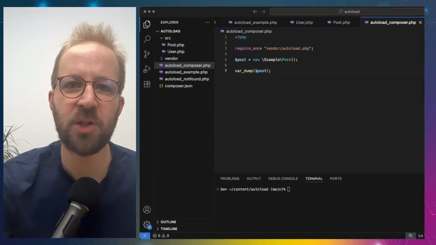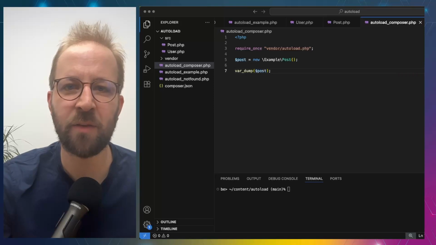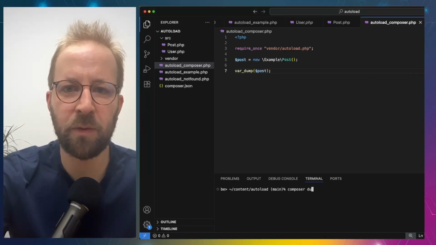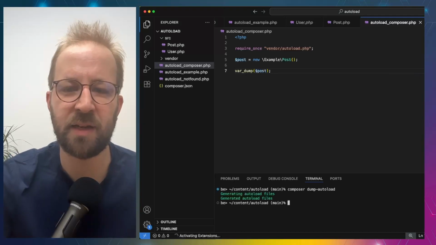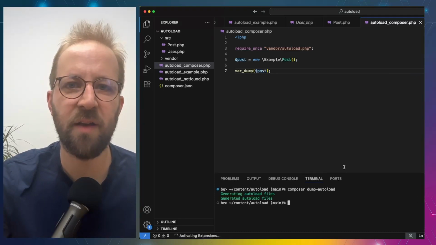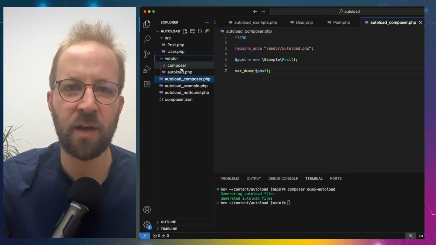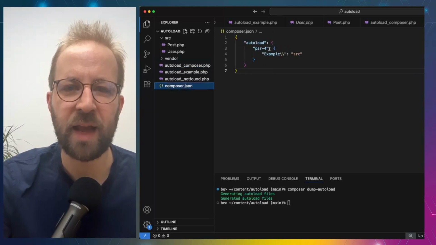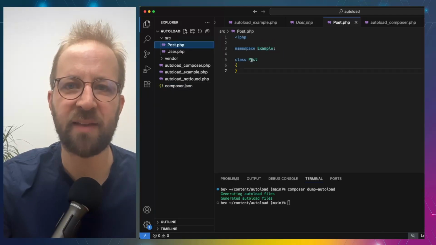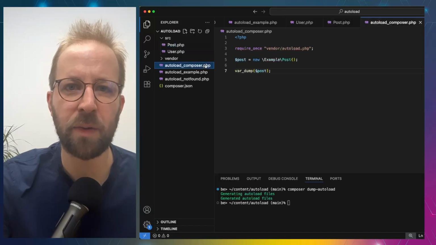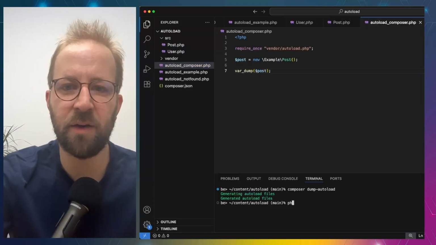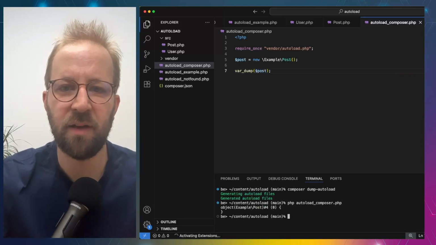See in our example project where we have a Composer-based autoloading as well, we load the vendor autoload PHP file. This is generated when we call composer dump-autoload, or automatically, composer install and update also call this. Then this generates the vendor directory with the autoload file. And in our case, we load the namespace Example from the source subdirectory. We see here we have the Post object from the Example namespace. And in our Composer example, we load this here, and if we run this,